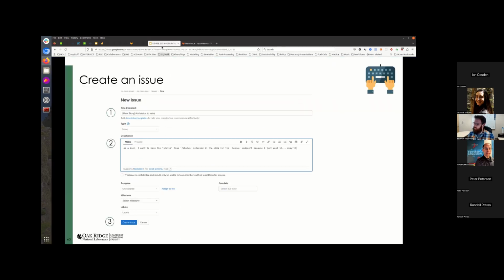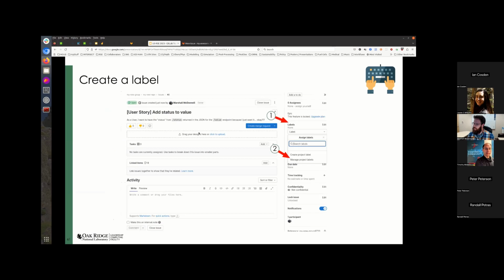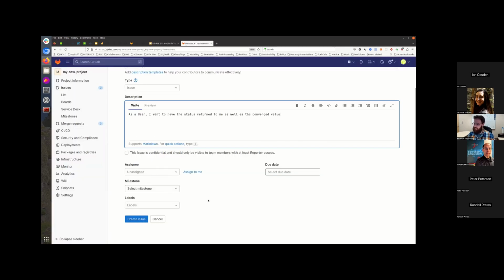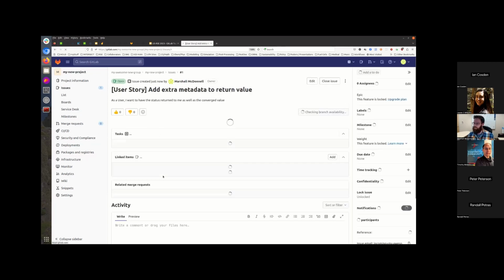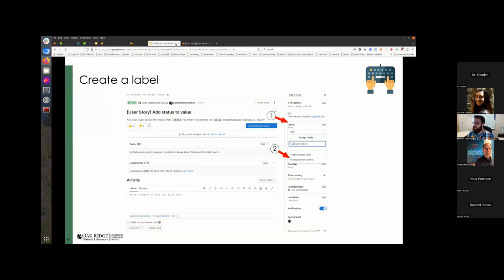And then I wonder if we go over, I think that's it. Yep. And then we're just going to create it. We're not going to worry about assigning it, milestones, labels. We'll go over this in a second. We're going to create that issue. So this is, hey, I need to do this, add this new feature, add this new work. That's the bare bone basics of how to put something in so you know what you need to work on. And now we're going to go over creating a label,